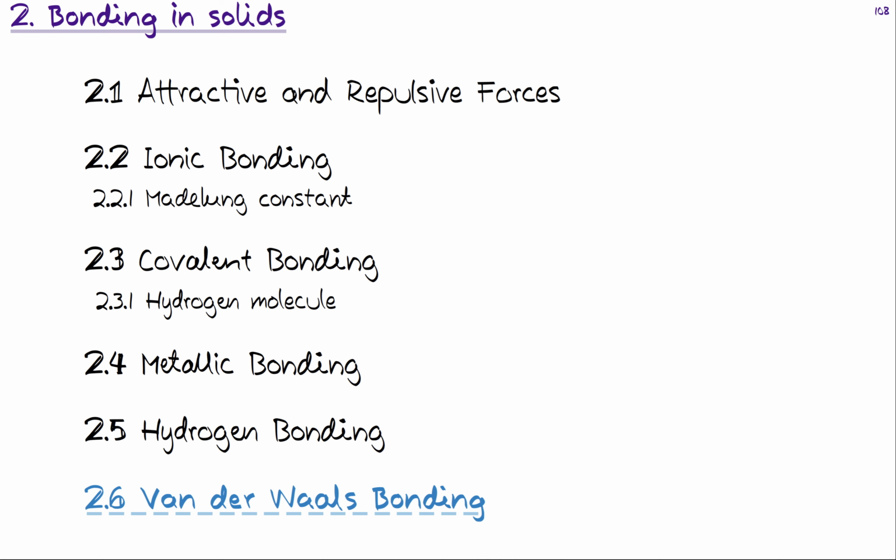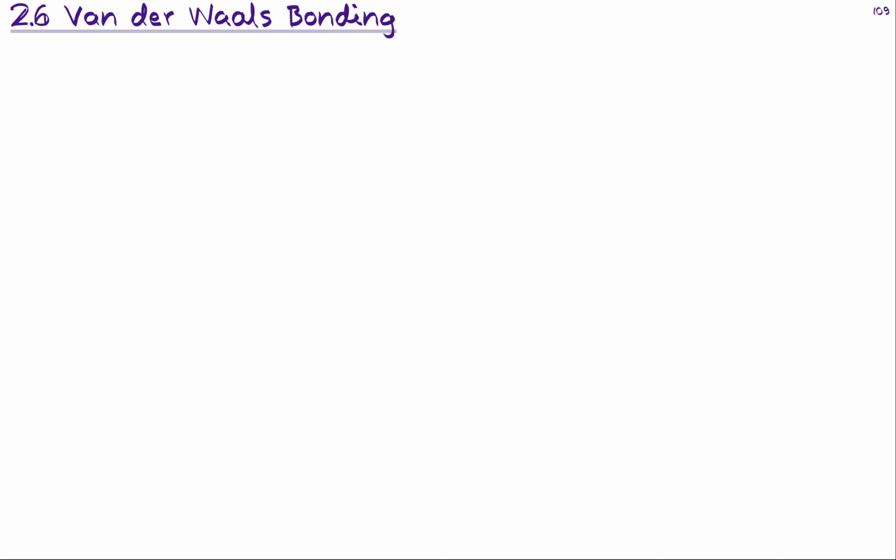This is the final lecture we have in chapter 2 on bonding in solids in our course of solid state physics, and it's called the van der Waals bonding. As the name suggests, we will cover the basics regarding this type of force, and as we will see, these are very weak forces and they are not visible unless the other forces are basically negligible or zero. So only in special cases do the van der Waals forces start playing a major role in bond